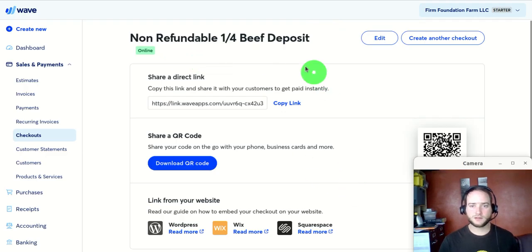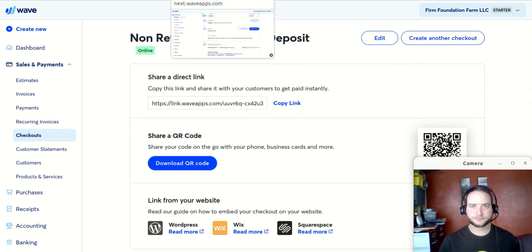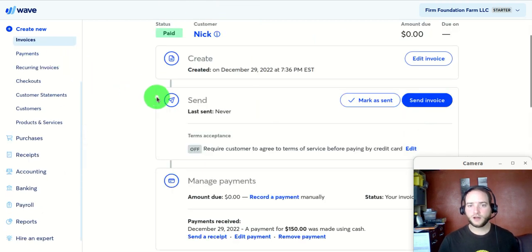Of course, there's fees there, so there's that con, but it's a quick, easy way to get a checkout going. It basically just goes to a dedicated page where someone can see what they're buying and just pay the money. All right. So another feature here is invoicing, and so I have an example customer called Nick, and